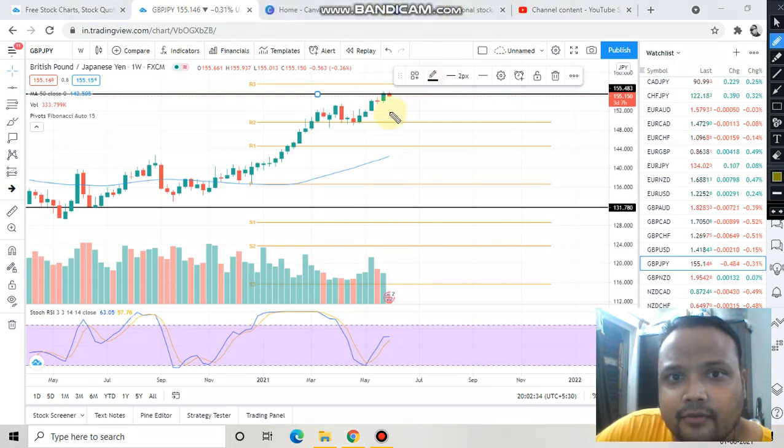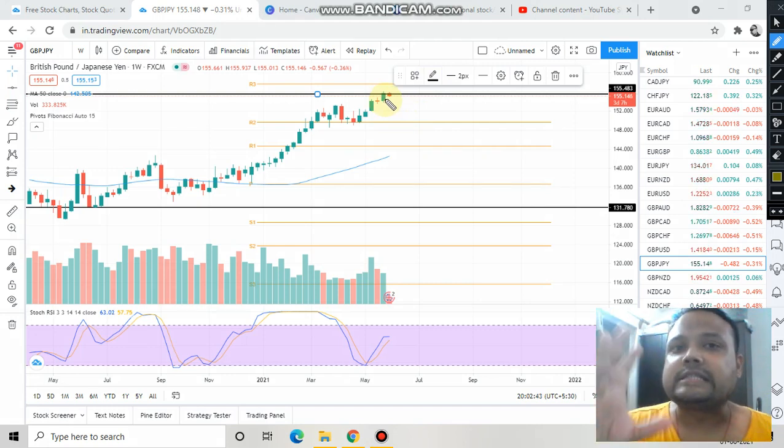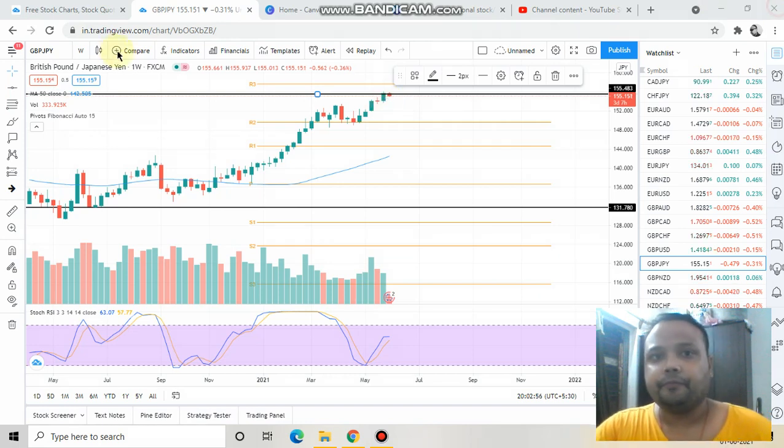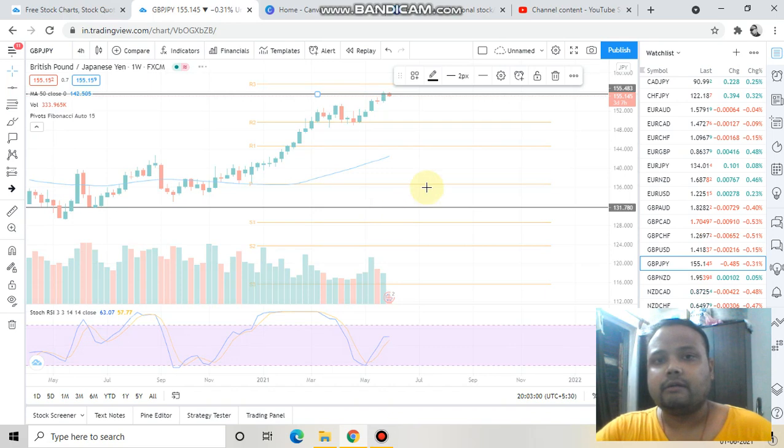If you look at the candle from the previous week, you can see that it tried to go up, but the market could not cross the resistance. Yes, the market formed a green candle in total, but it could not cross the resistance. And this week the market has formed a red candle and price is somewhat struggling at the resistance. Therefore we have a resistance from the weekly chart.